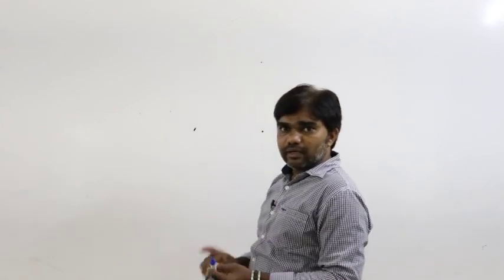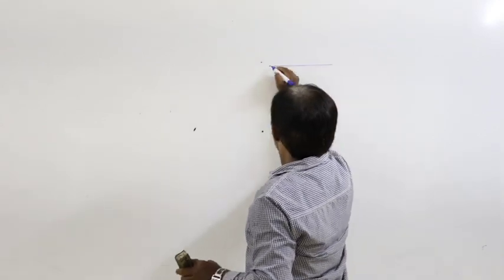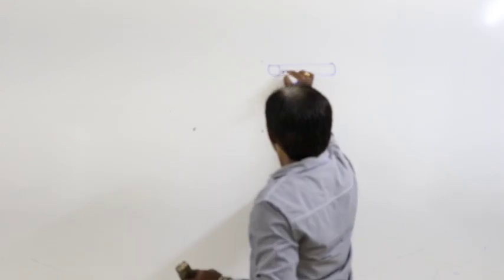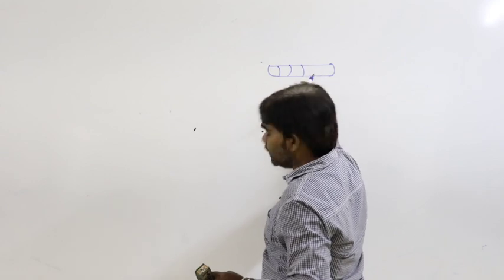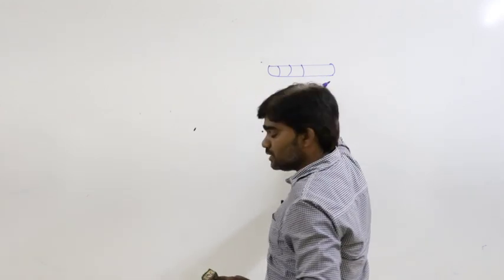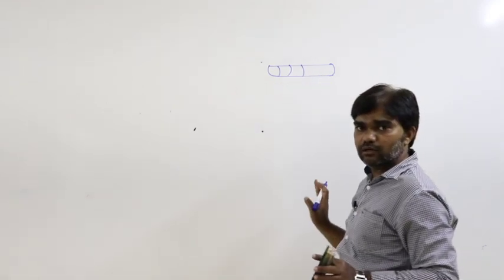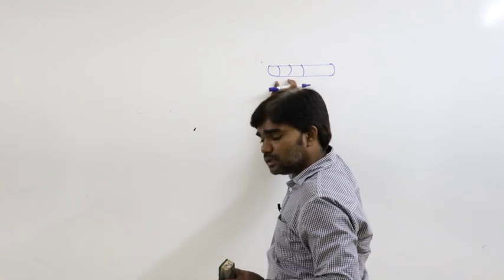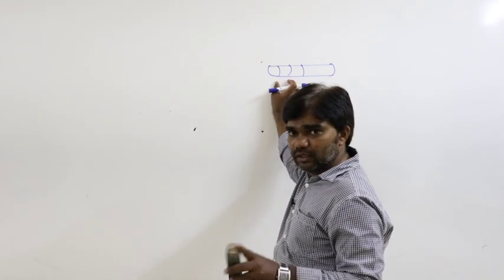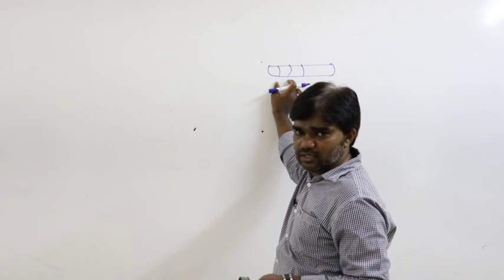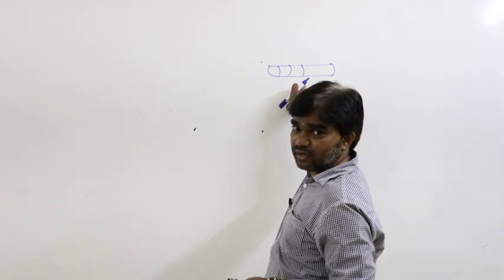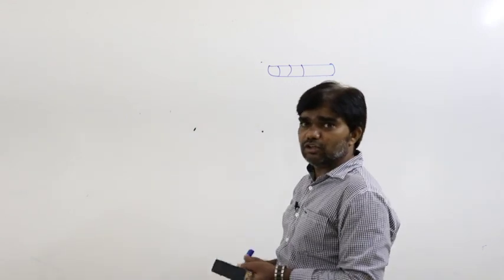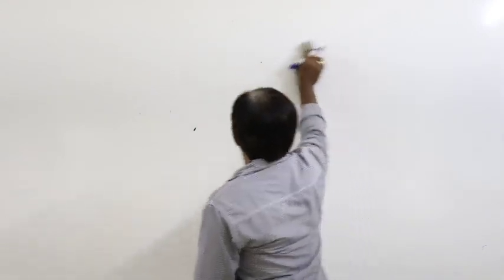So whatever the colors given, remember that in the given situation, first two colors indicate the digits and the third color is nothing but the multiplication factor, and the fourth color is the tolerance. So very important to remember that. First two colors are the digits, maybe 23 or 12 or 21, whatever it is. Third color indicates the multiplication factor, and fourth color is nothing but the tolerance. So this is that. Next,